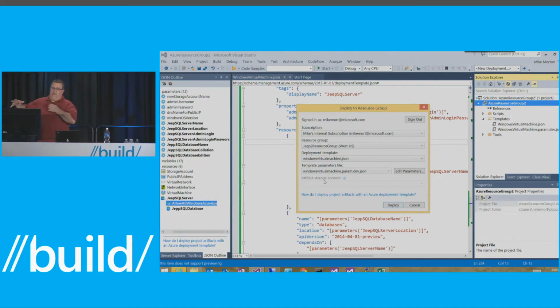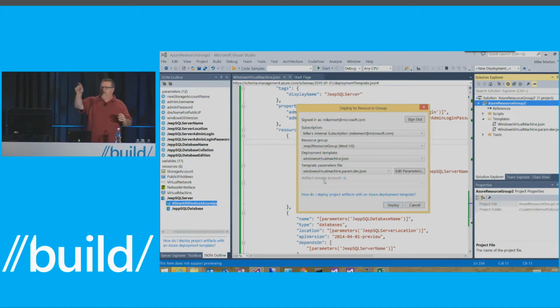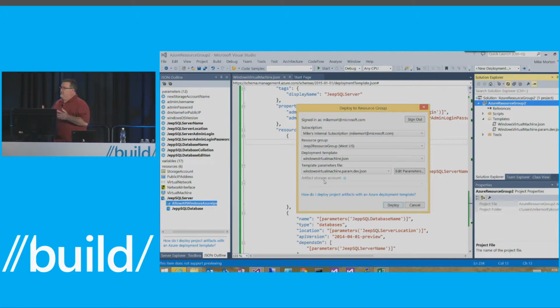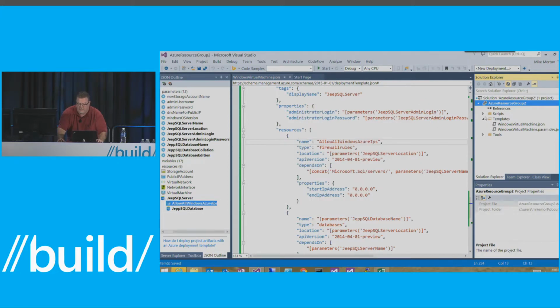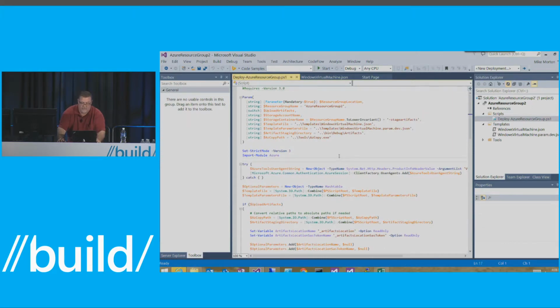But what I want to do is show you the new integration that we have with PowerShell. So in the 2.5 release, for the few people that were using the deployment resource group before, we didn't give you a choice. We gave you a PowerShell file, but it was not tied to this deployment dialog. So now this deployment dialog actually fires off the PowerShell file that we supply you, which is really cool because you can go in and insert whatever else you want. It also comes with a little danger because you could break that PowerShell file and it could fail, but don't do that. So if we open up our PowerShell file,